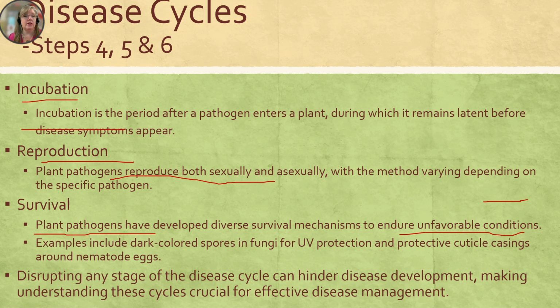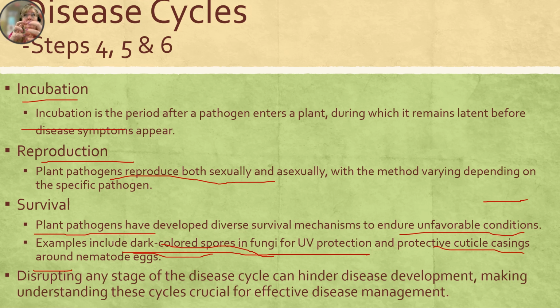Survival is a big thing. Some of the examples include the dark colored spores for fungi for UV protection. The sun can kill most of these funguses and diseases, just ultraviolet light from the sun. But that's why the plants will make a lot of these dark colored spots so that the sun can't bother them. Okay, and then also protective cuticle casings,